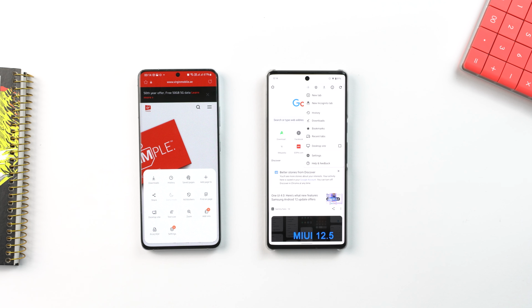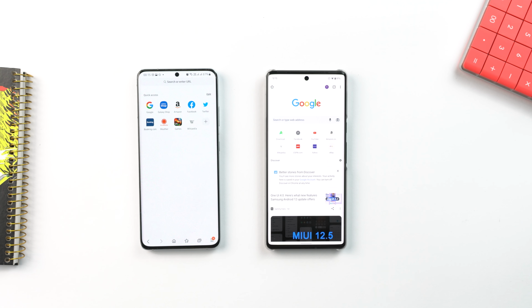Google uses a Chrome browser as its stock browser, while Samsung has its own Samsung Internet browser. Personally, I use the Chrome regardless of my phone's brand because I find it convenient and it keeps all my data synced across all my devices.